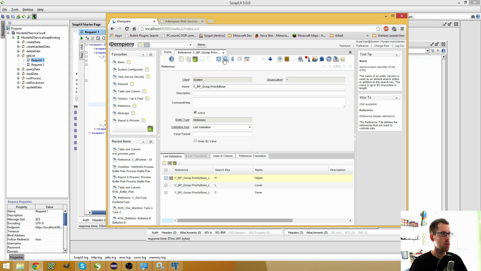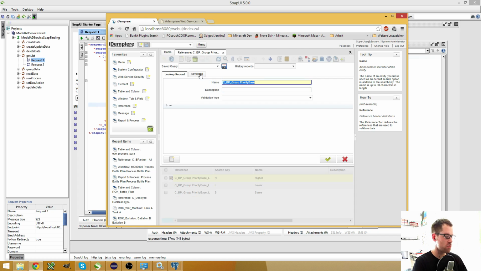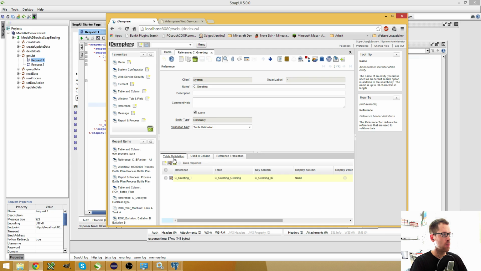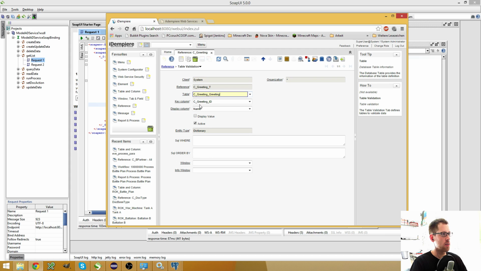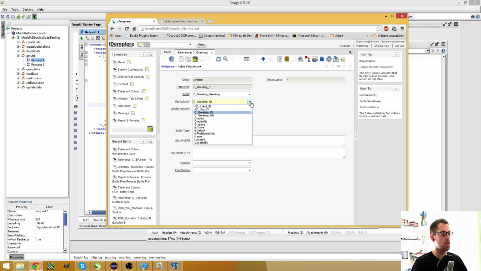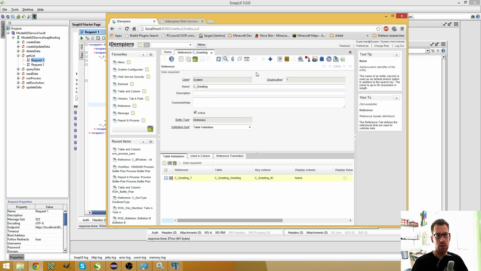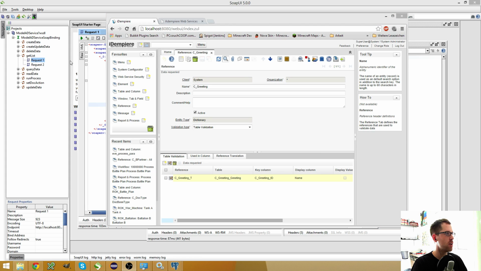And you also can have a table validation. And this means you provide a table, its key column and the display column, and then the list, which you can use in a dropdown. For example, this one here is a table reference, I believe. It's linked to AD column. And yeah, if you need these values in another application or so, then you can use the getList web service